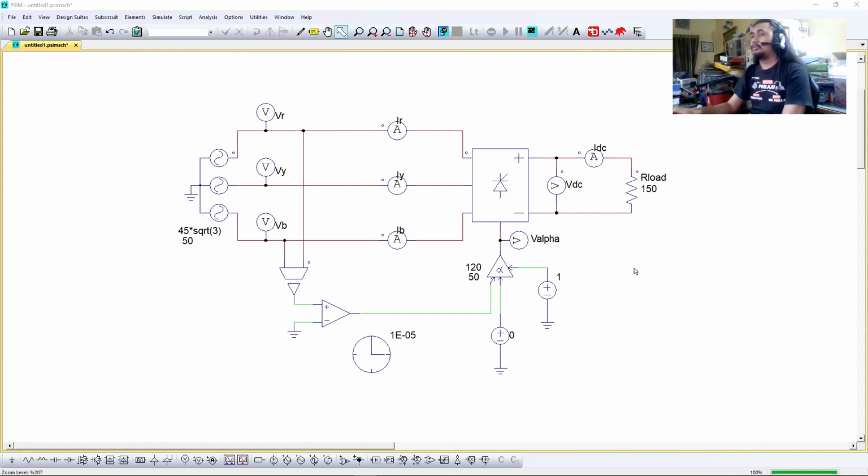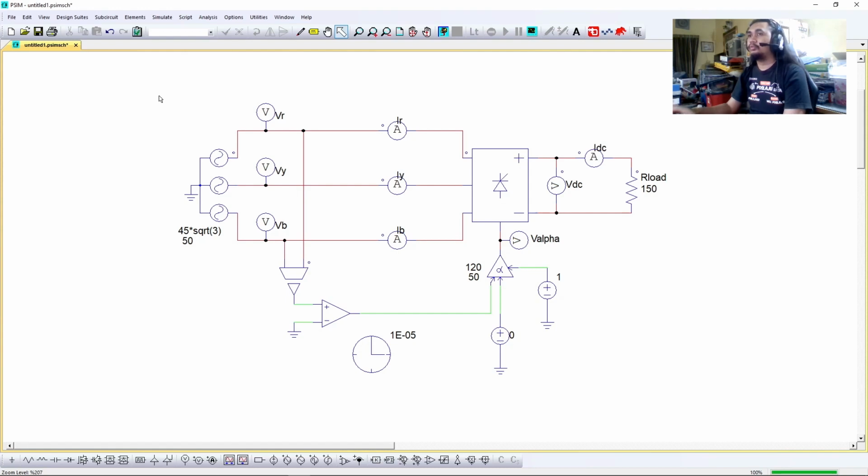Hello, and today we'll be doing experiment PE2, which is a 6-pulse fully controlled 3-phase bridge rectifier. So here we have the circuit, built in the program PSIM. So in experiment 1, we shall be